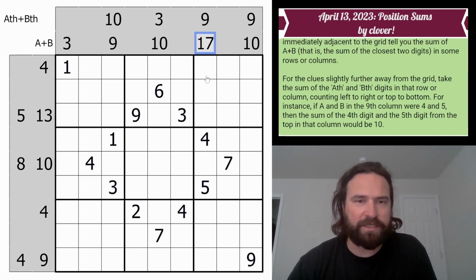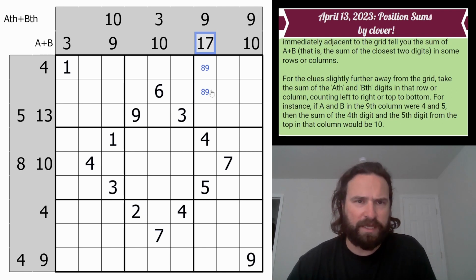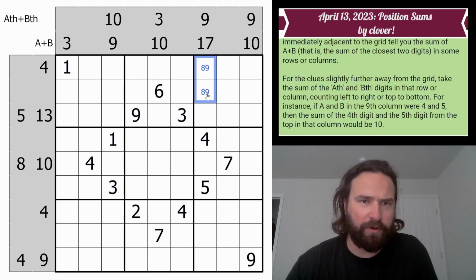Okay, so 17 is interesting. This has to be 8 and 9, which means that the 8th and the 9th digit have to add up to 9. So that's huge. A and B in this are 8 and 9, because that's the only way to make 17. We don't know the order yet, but either way, the 8th and the 9th digit are going to have to add up to this sum, so that these two have to add up to 9,